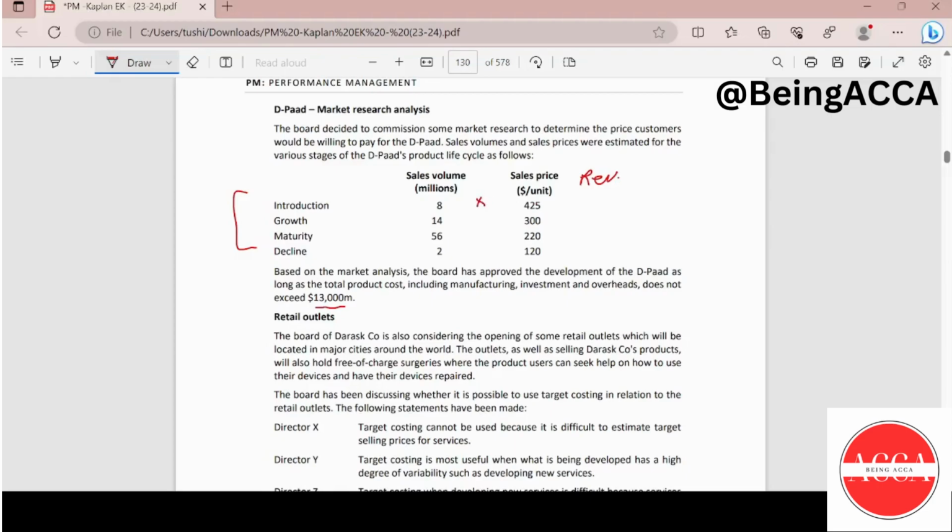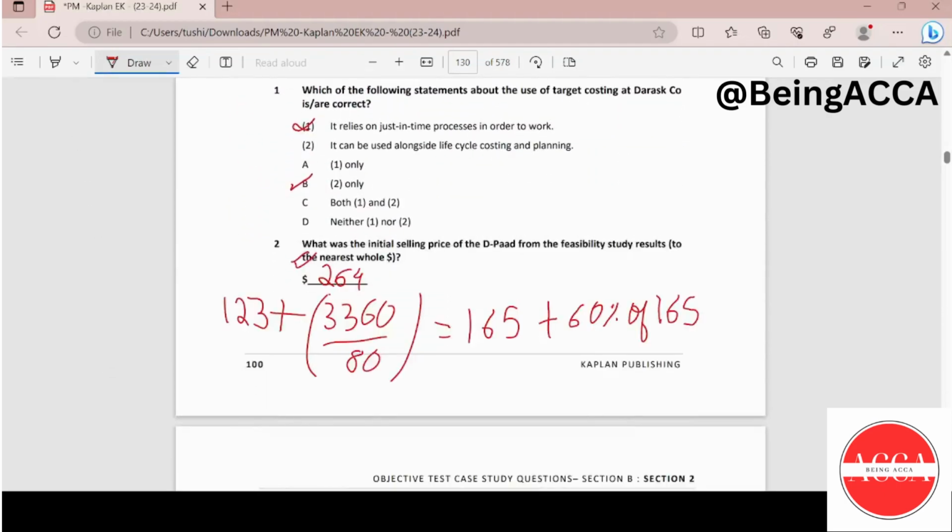I'm just going to multiply these two. 8 into 425 will give me 3400. 14 into 300 gives me 4200. 56 into 220 gives me 12320, and then 2 into 120 gives me 240, right? So I'm just going to add all these figures up. 3400 plus 4200 plus 13230 plus 240. Calculating this, I get